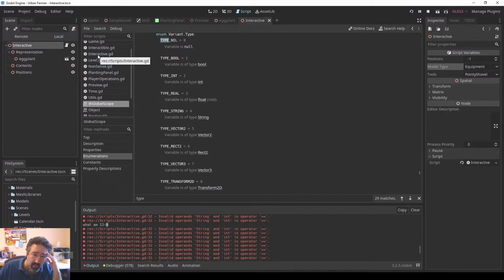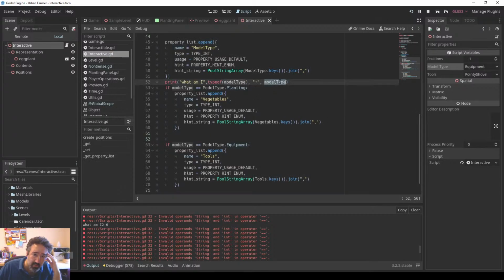This is cool. So model type is indeed integer 0. And the fact that it's complaining, it thinks of this as string, which can only mean that this hint string is doing this to us, which is what I was trying to suggest we do differently. Why can't we render this as a string, but essentially the value is